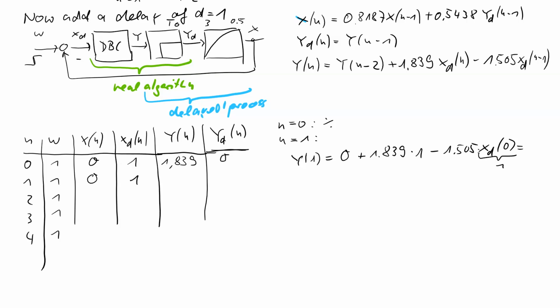And we know this result, 0.333. So we have our signal y of n is 0.333, and yd of n is now this signal,